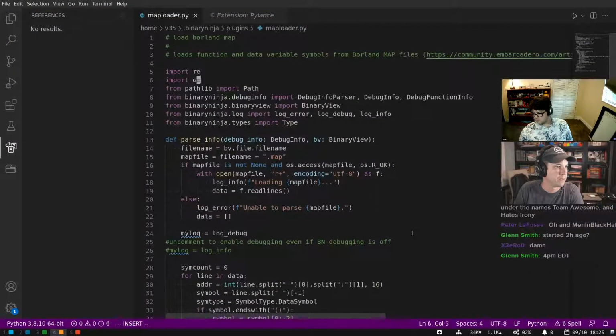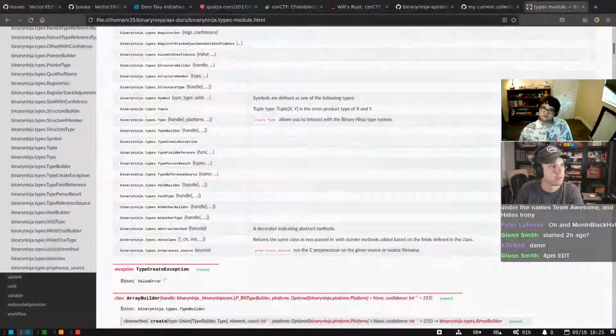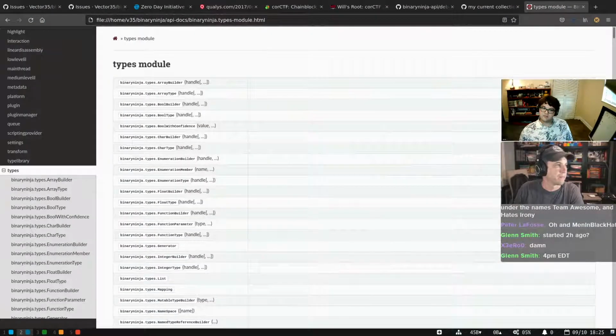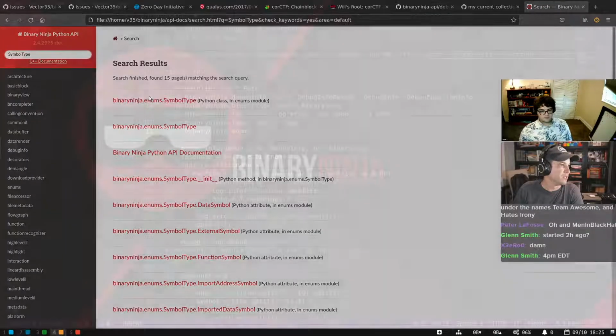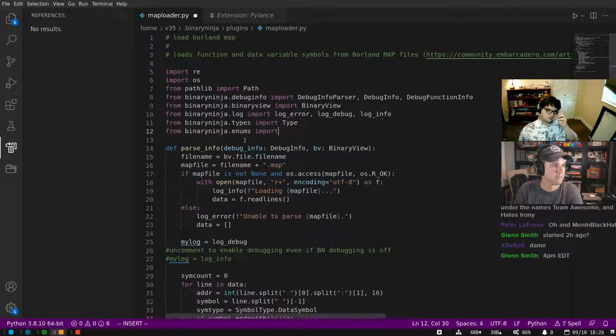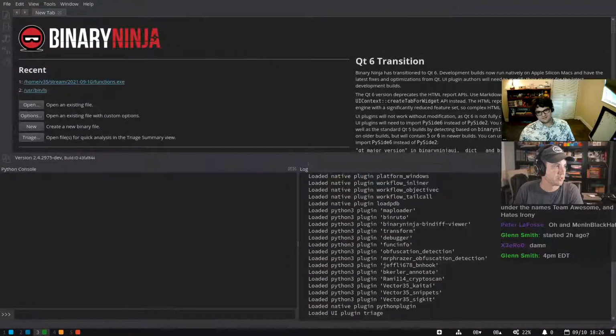Yep. From binary ninja dot enums, import symbol types. Yeah, I think so. Enums, that symbol type. Could just be lazy and do star, but it's always nice to be explicit and clean. Okay.